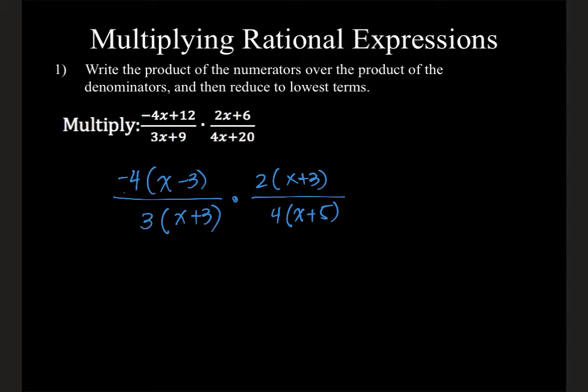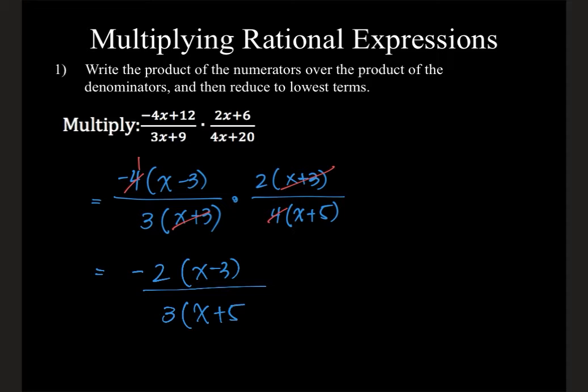This 4 and this 4, that can just become negative 1, right? Then we have 1 there, that's fine. The x plus 3 and x plus 3 can also cancel. 2 and 3 can stay there. And then I'll actually just write what I have left, which leaves me with negative 2, because negative 1 times 2 is negative 2. Then we still have that x minus 3 here, over 3 times